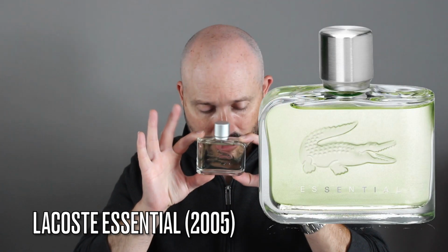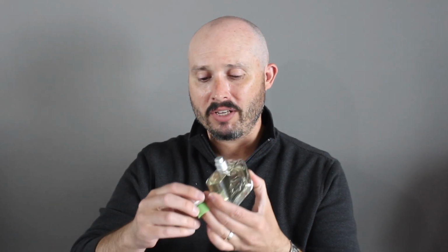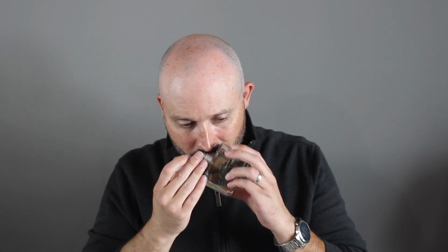We're down to the last 2. These are both spring and summer fragrances, but number 2 is going to be Lacoste Essential. This is like, man, the cap just broke. Oh man, oh crap. Gotta fix that. Now, this is an essential for so many people. So, pun intended, right? But